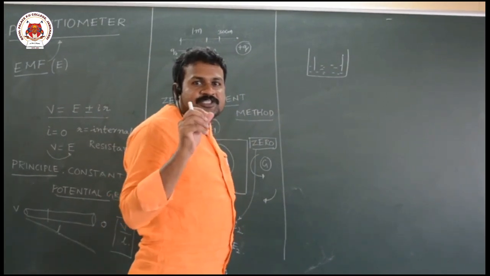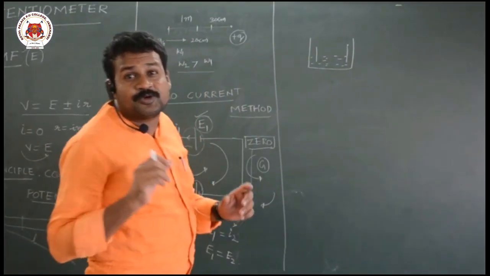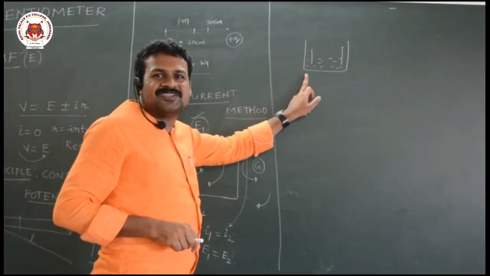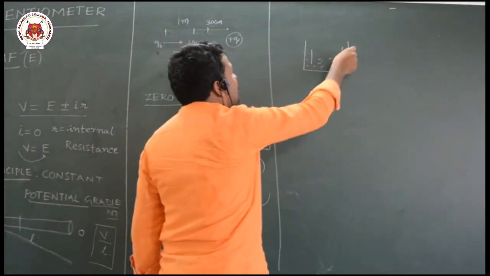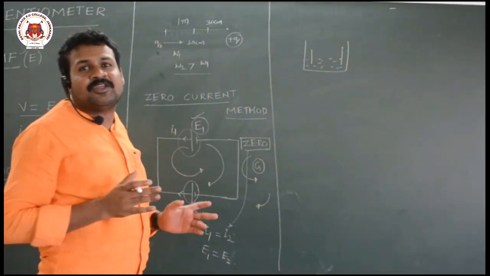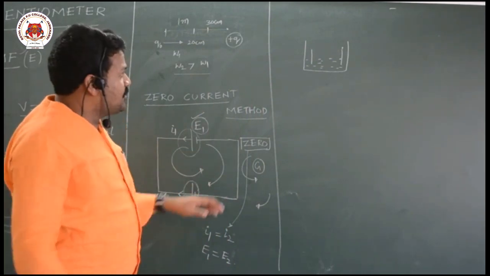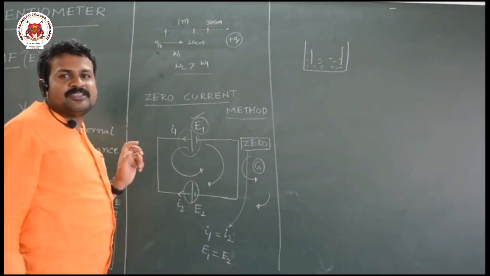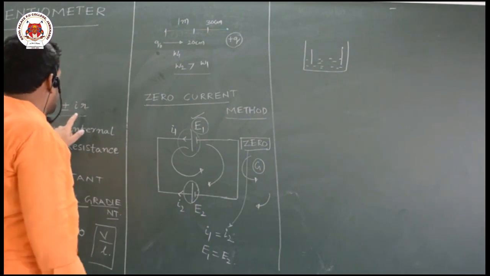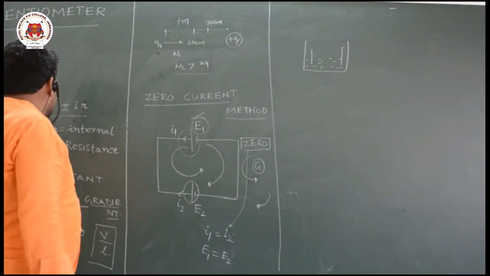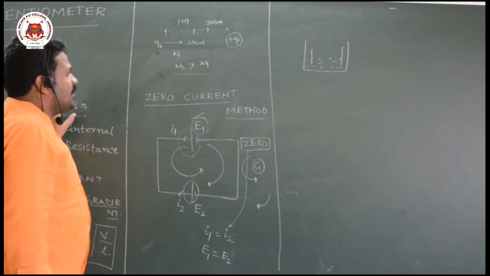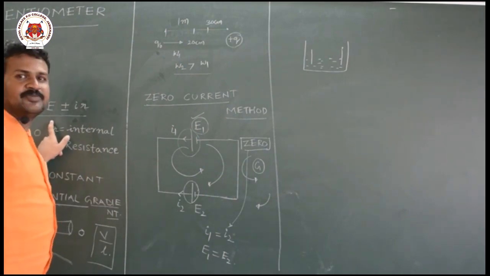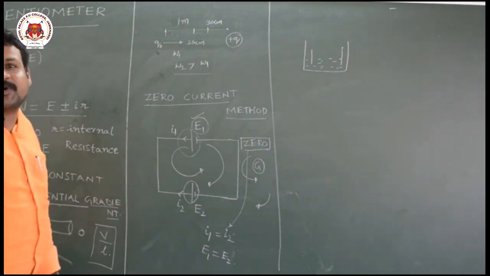So what is the function of a resistor? It opposes the flow of current. That means it opposes the flow of charged particles. Because of that, some resistance is developed inside the cell. That resistance we call internal resistance. So when you are drawing any current from the battery, internal resistance also comes into play. If you are not drawing any current across the cell, then the potential difference across the ends of the cell is considered as the EMF of the cell.